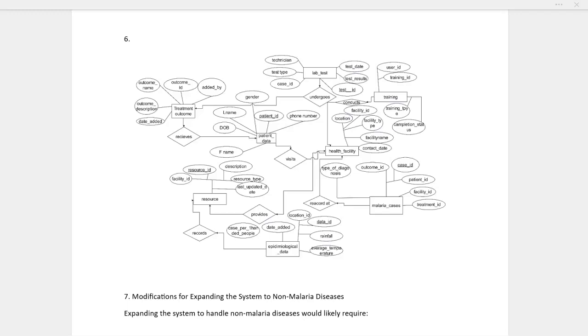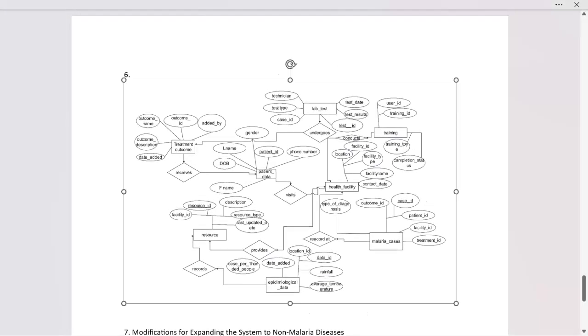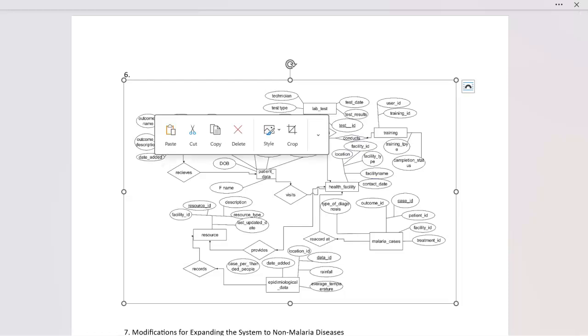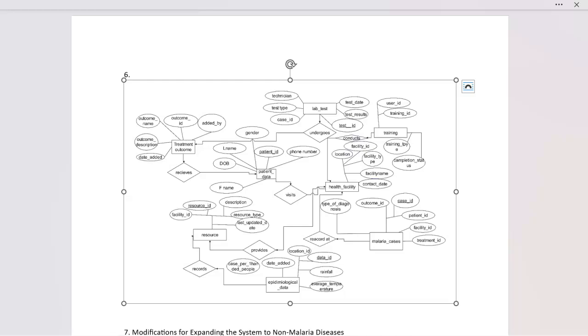I'm going to explain my entity diagram. So this is an entity relationship diagram, also known as ERD, whereby the entities, we have the patient. The patient entity represents individual patients, with attributes like patient ID, full name, date of birth, gender, and phone number. There's also facility as one of the entities, which represents healthcare facilities with attributes like facility